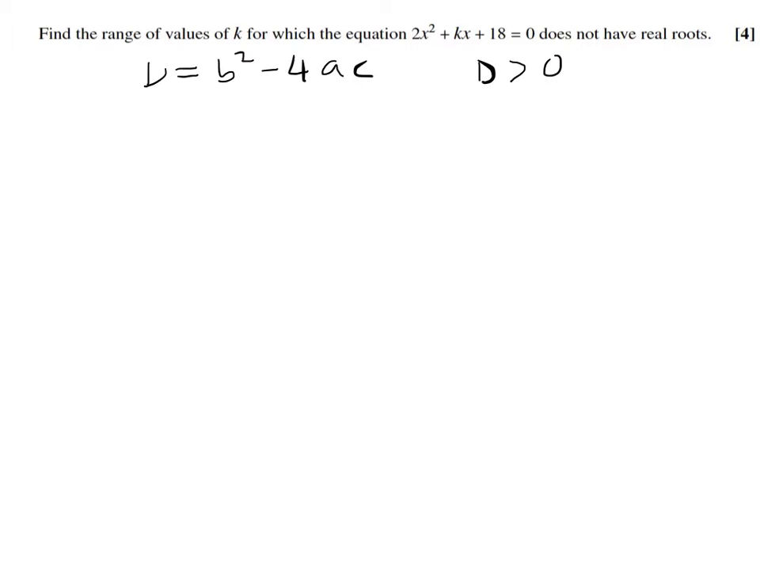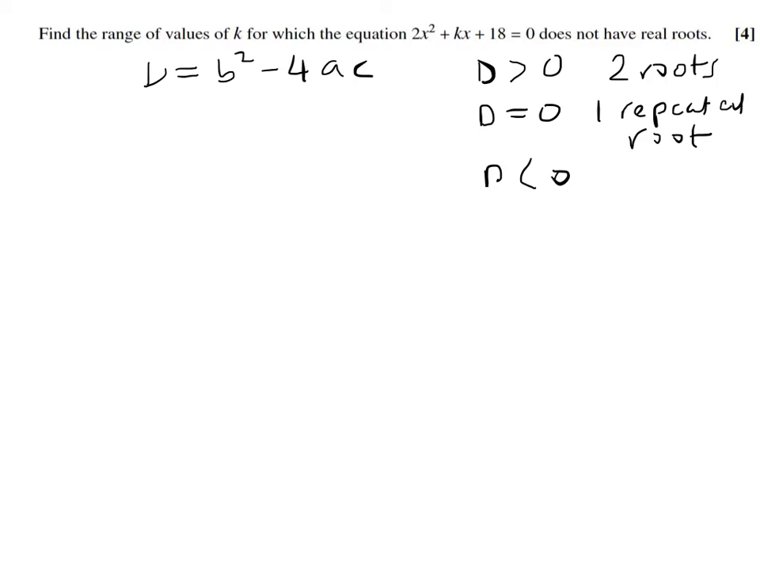Either d is greater than 0, in which case there are two roots, d equals 0, in which there's one repeated root, or we have d less than 0 and therefore no roots. So we can set up our equation. We know that b squared minus 4ac, so we have k equals b, so we're at k squared minus 4 times 2 times 18